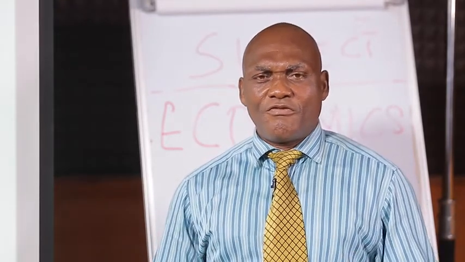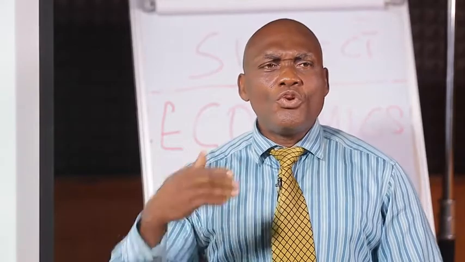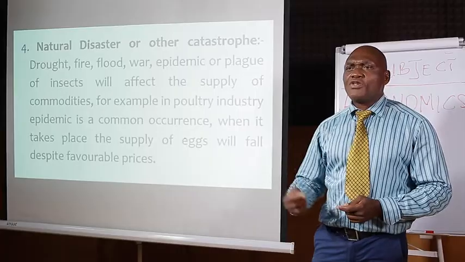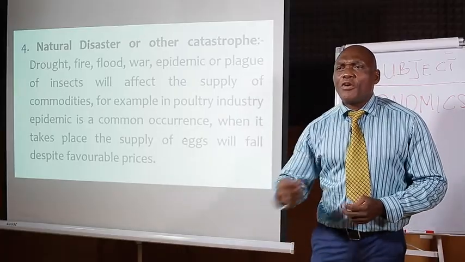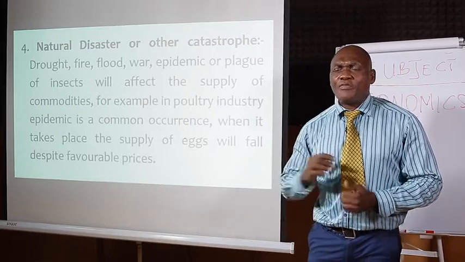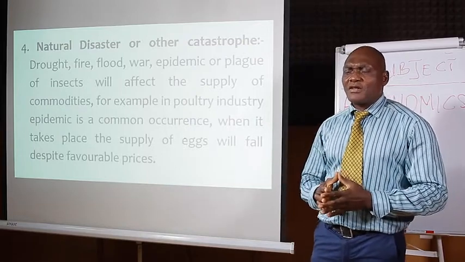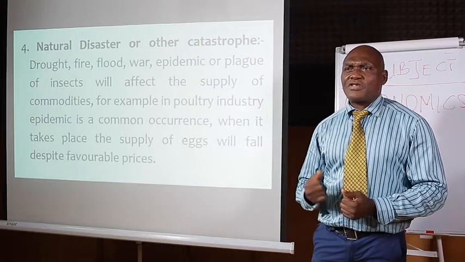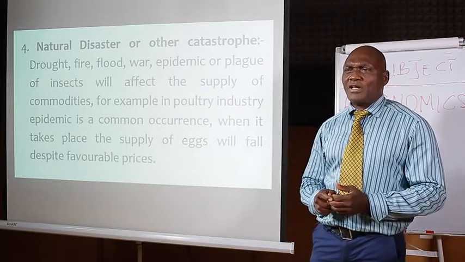I guess you still remember what we learned about cost of production. What is cost of production? Cost of production is the actual amount that is spent in the production of a product or service. For example, your cost of production for producing maybe 50 balls of meat pie, how do you calculate it? You calculate all those items that you use in the production of that